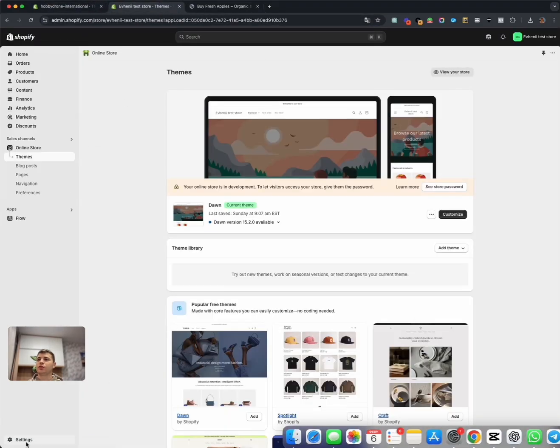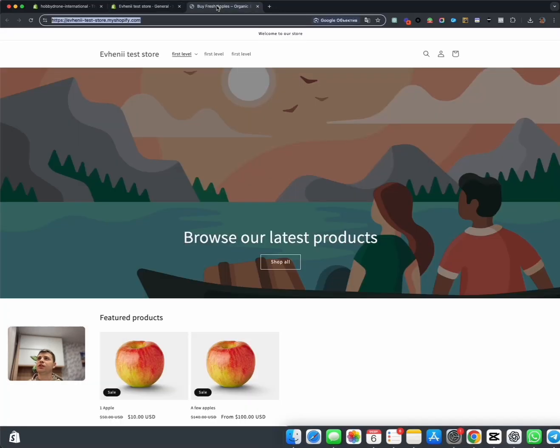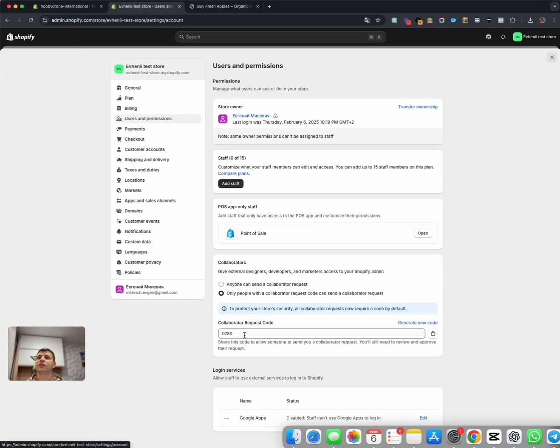So in order to provide access using the second option, you need to share the link of your domain and the collaborator request